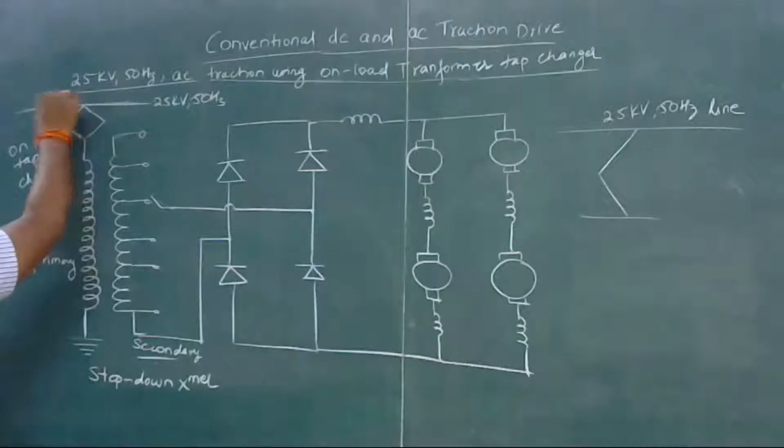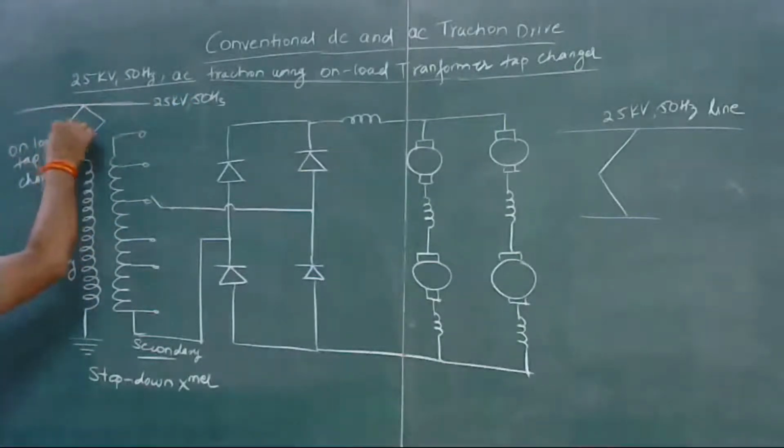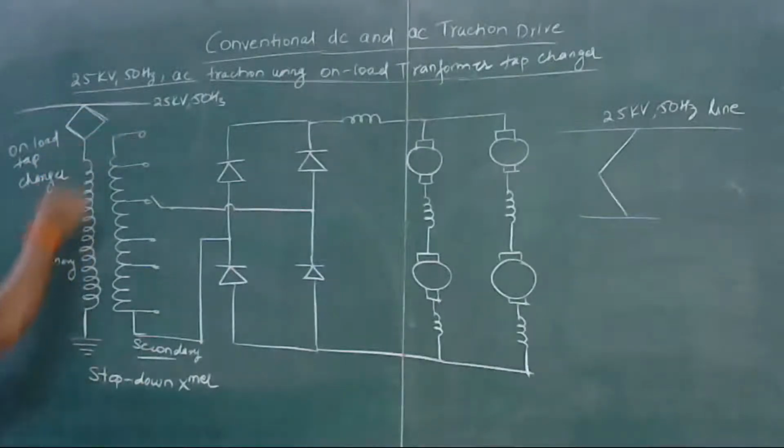So this is the 25 kV line, and it is getting power through this pantograph, and it is received by the primary of the transformer which is kept in the locomotive, and then